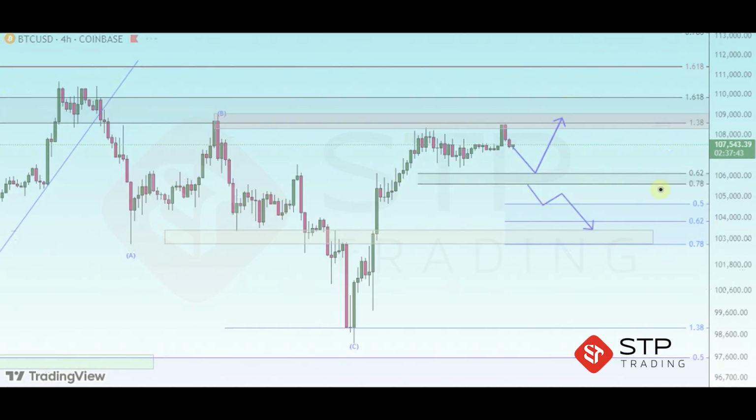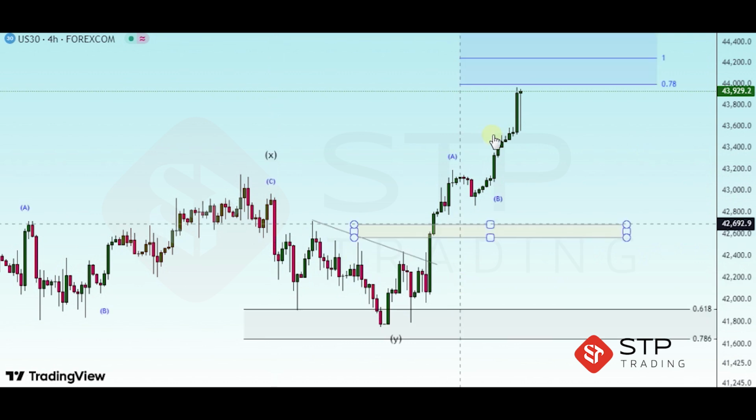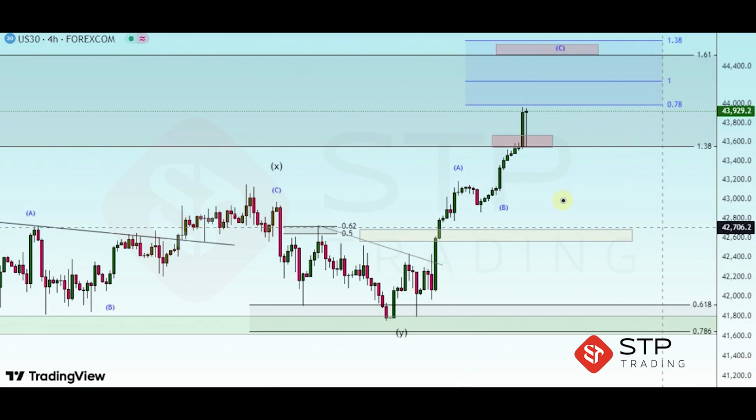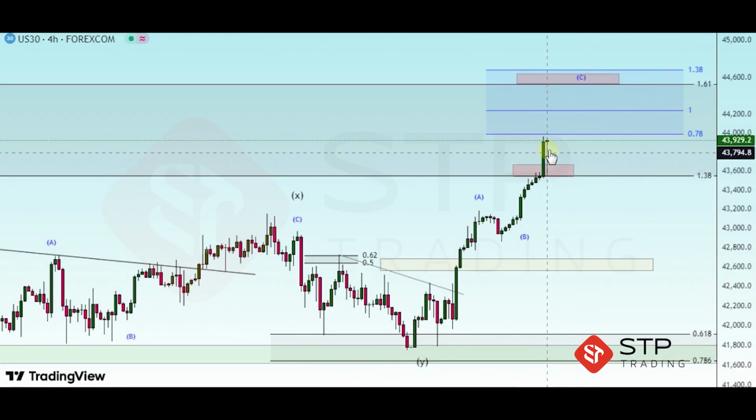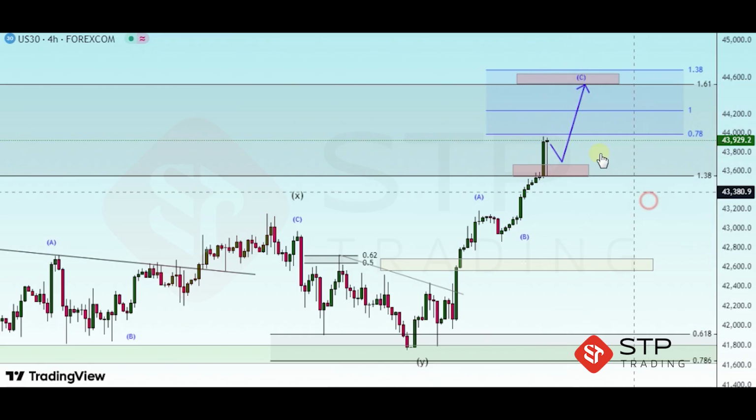In the Dow Jones chart, after completion of the corrective pattern, an upward trend has started, with the index successfully consolidating above the resistance zone. As long as the index fluctuates above this area, the bullish move could continue toward the resistance levels and the